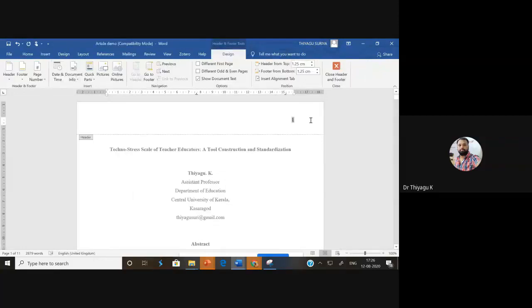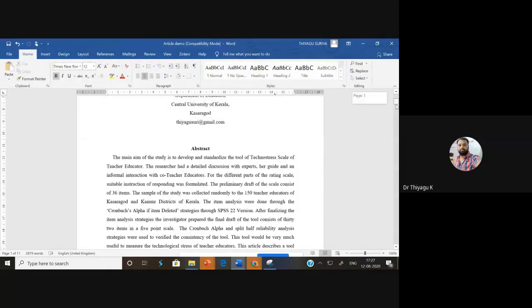So automatically the page number comes. Suppose I press Control L, then it is placed on the left. I'm going to type the article title, then I press Tab. So in the end it comes on the right side: the page number on the right, and on the left the article title. Suppose I use the title Technostress. I'm just giving some kind of heading note. The Technostress is the heading, and this is called the page number. It continues to all the pages. See here, it continues on all the pages also.